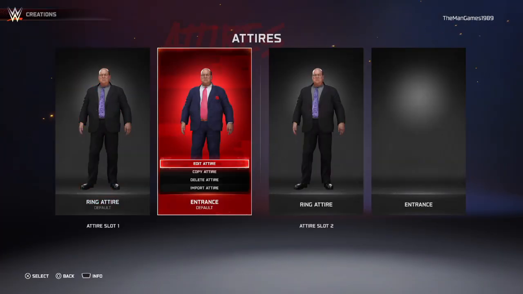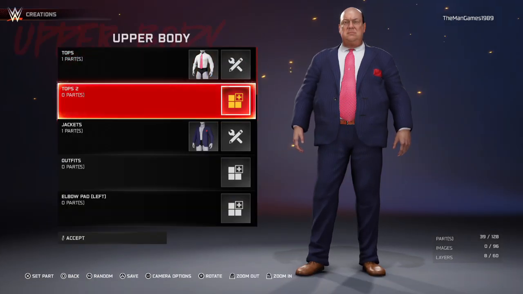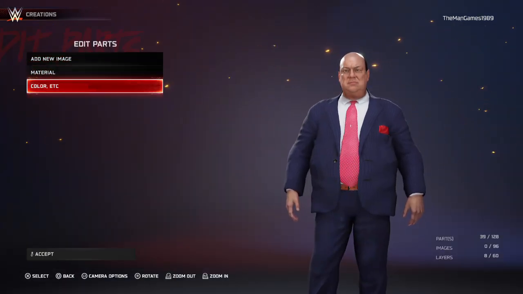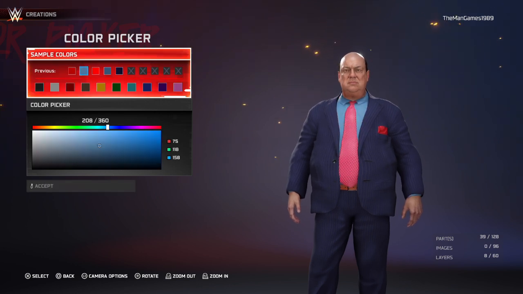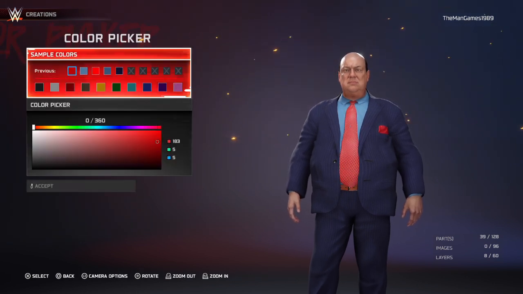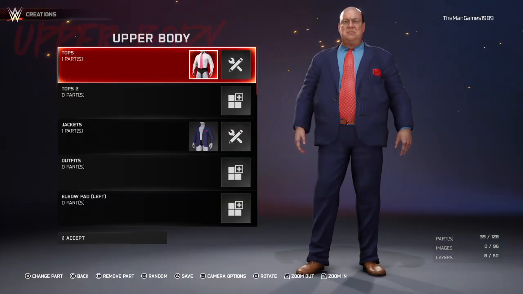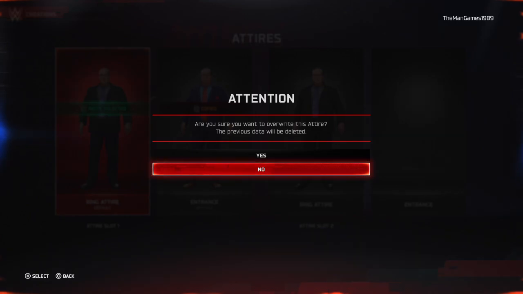and then click on entrance again, click on edit, go to clothing, go to upper body, go to the tops, click on it, go to colour, click on white, and now we're going to change that to that shade of blue there. So if you look at the colour picker, that will give you the correct shade. And then if we go to the pink tie, we're just going to change that to a red tie like so. So I know he had a waistcoat on as well, but there isn't any that really match it to make it look as accurate, so I just left it like this. And then make sure you're copying that over to the in-ring attire